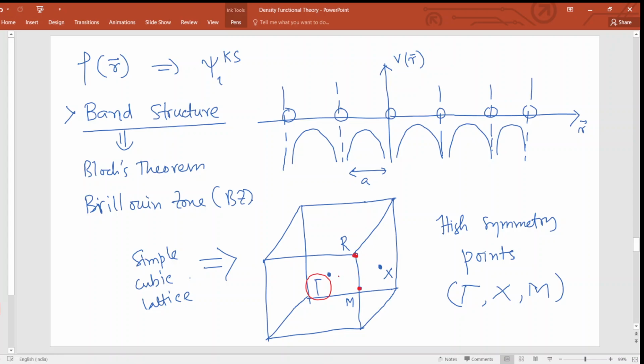So effectively what we are doing when calculating or plotting the band structure is taking this particular direction and estimating how the energy varies if I move from this point to this point. Okay, or this particular direction, or that particular direction. Okay, so these are called high symmetry points. Why? Because along these directions the chances of having the maximum number of atoms are large.